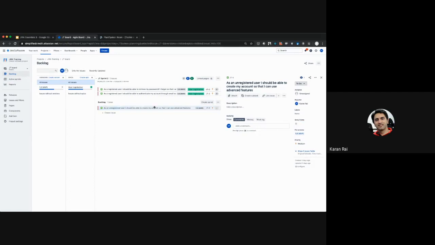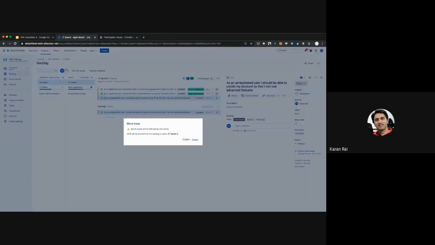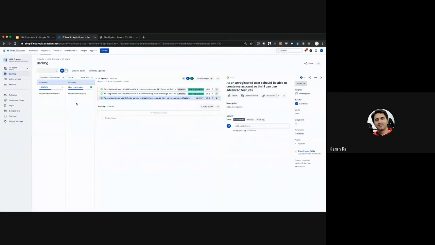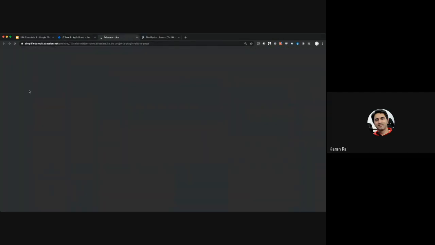And now we move it to this sprint. So this says you have an alert saying sprint scope will be affected by this action, and GT5 will be moved from the backlog to the sprint. So we confirm this, and now the estimate has gone up for this sprint. Now we have 5 points remaining, and when we look at the report,